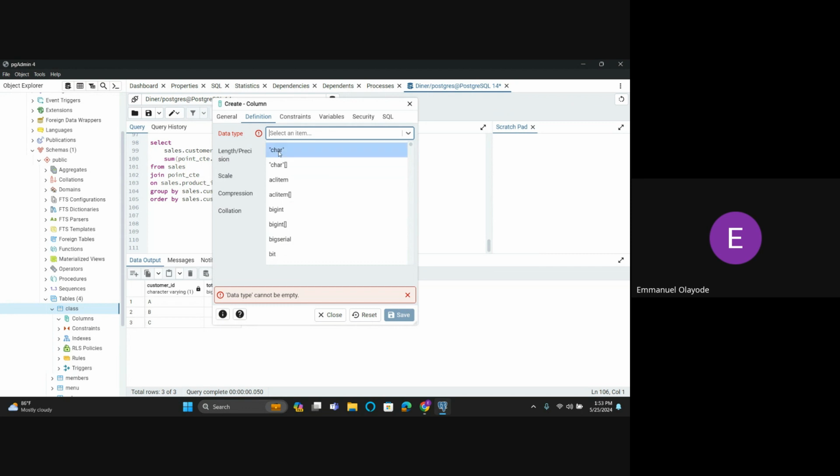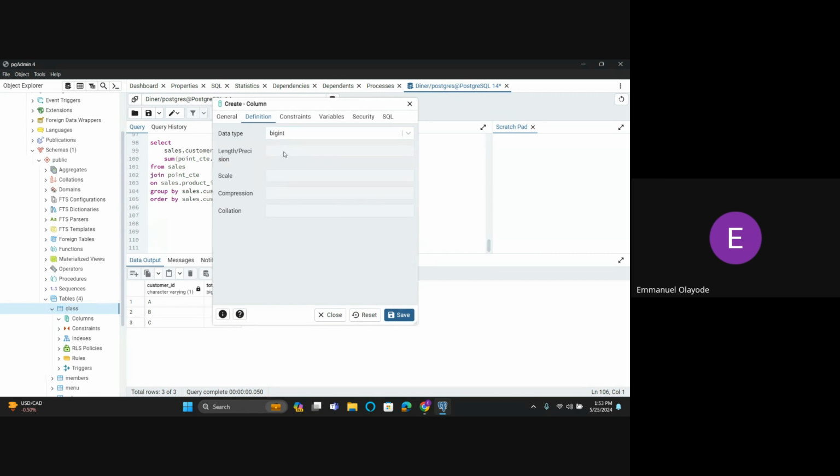So I'm going to select maybe char. Let me select integer, for example big integer. The length of the big integer, let's just leave it as being integer. So after doing that, if there's any constraint within your database,